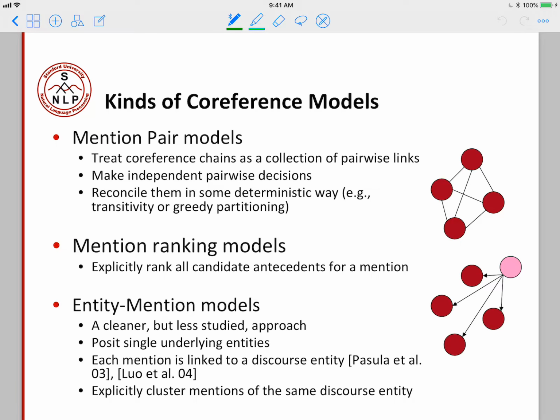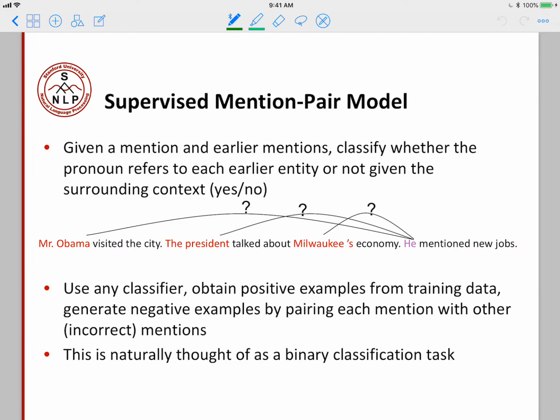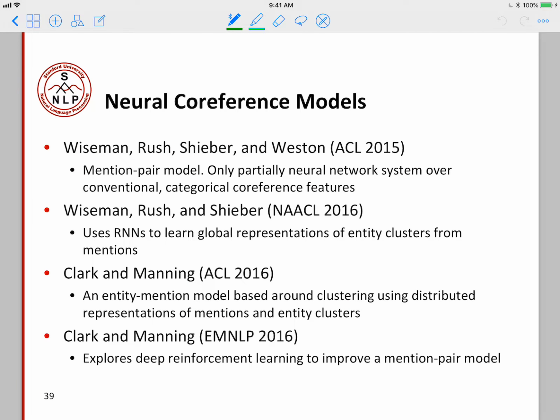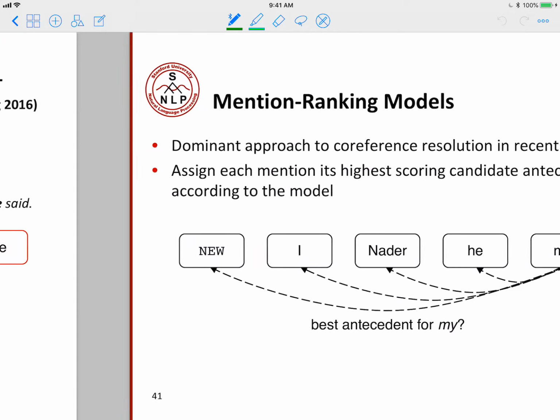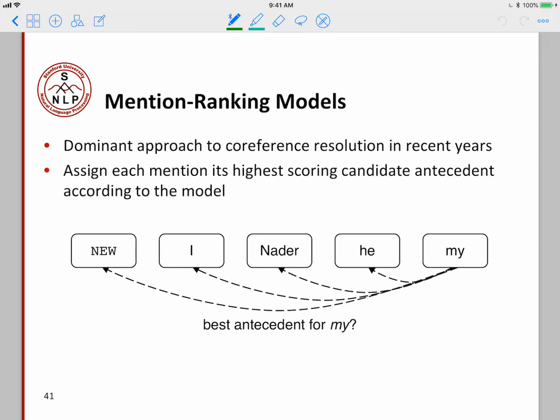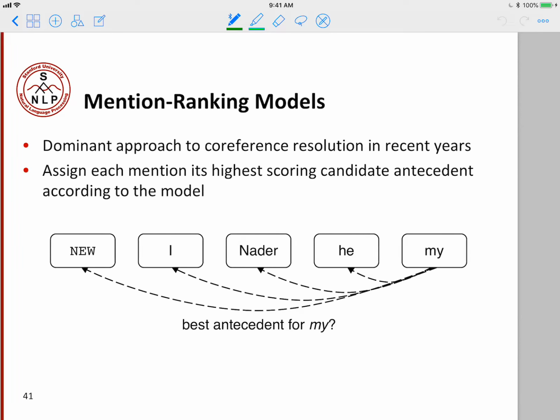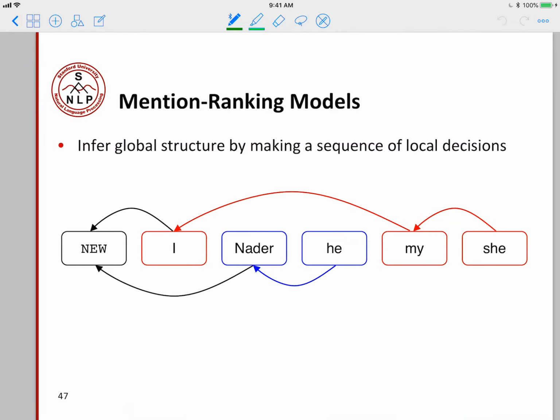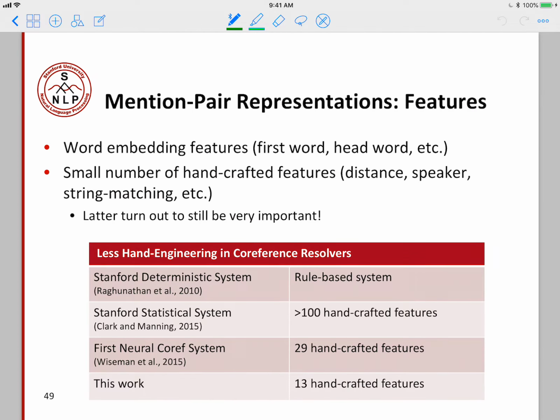And other than that, I don't have much to explain more about this chapter. Are there any questions? Okay, and then